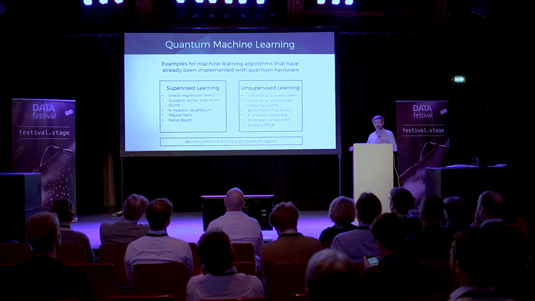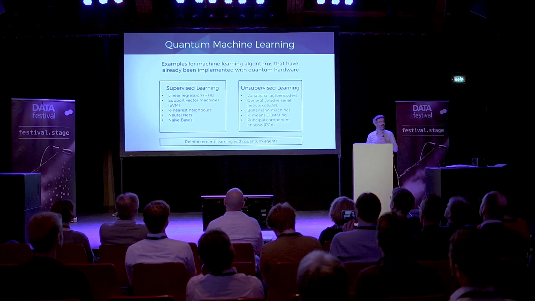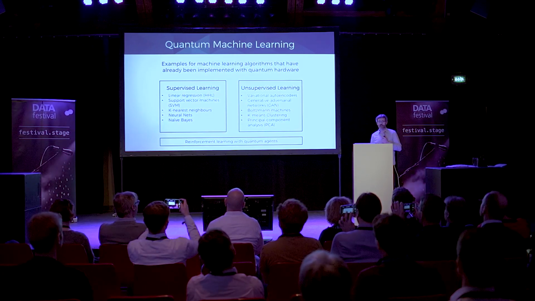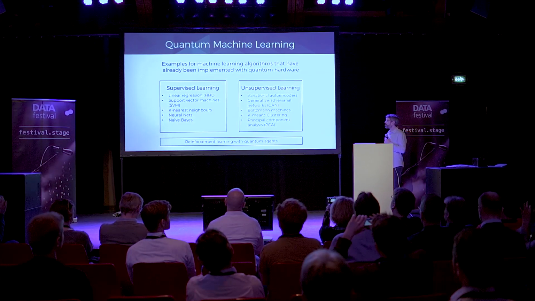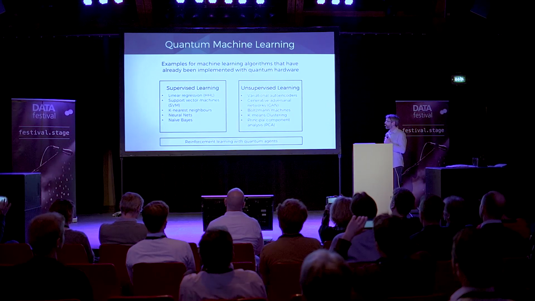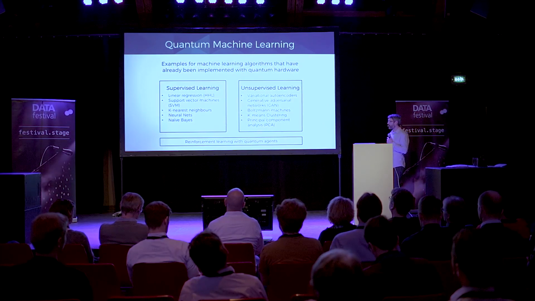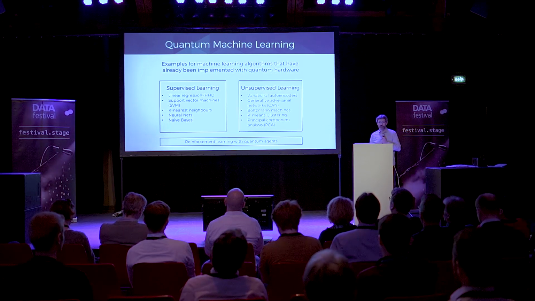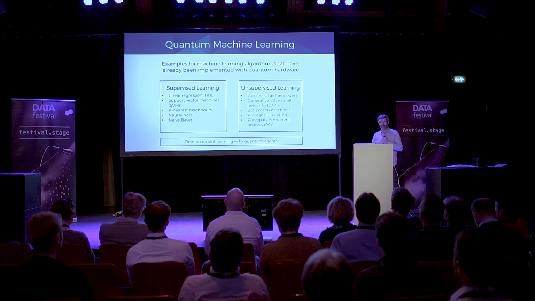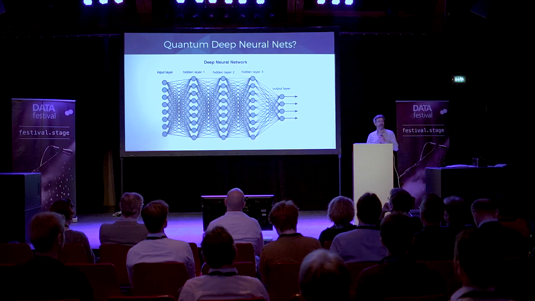So let's have a look at what is actually done there already. There's been a lot of progress in this field already, and many classical machine learning algorithms have already been implemented on quantum devices. We see here from the supervised side, as well as the unsupervised side, quite an impressive list of machine learning algorithms. There's also been reinforcement learning, although that's quite new in the field. We'll pretty much just focus on the supervised and unsupervised cases. I mean, you might say, okay, great, it's all out there, so I'll just take my deep neural net, put it there, and harness all the processing power.